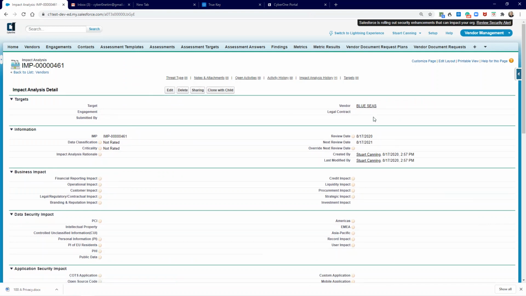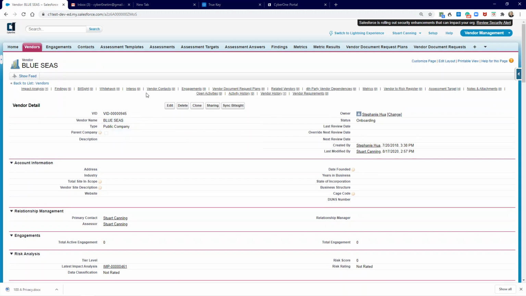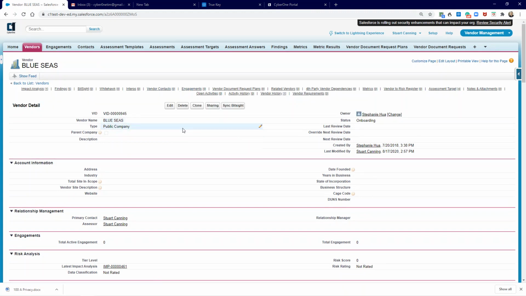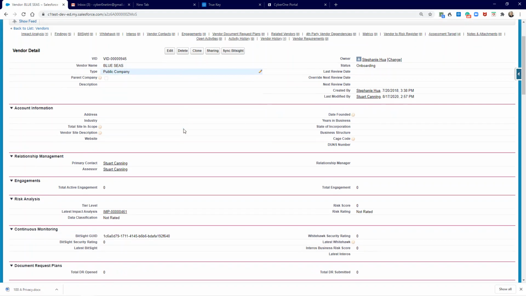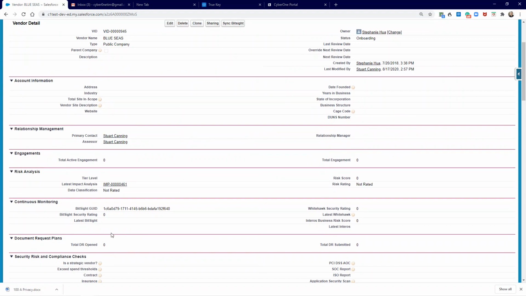And when we go back to our vendor record, we can also set the engagement, which is the actual project that the vendor is doing, and we can do an assessment on the project as well as on the vendor itself. And we also have integration with BitSight and Whitehawk and other security rating companies that do external threat, so we can pull in their reports as well